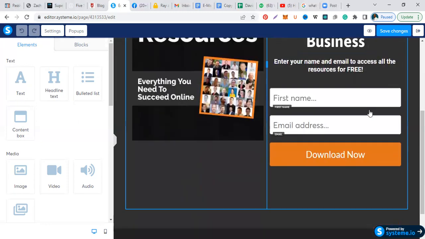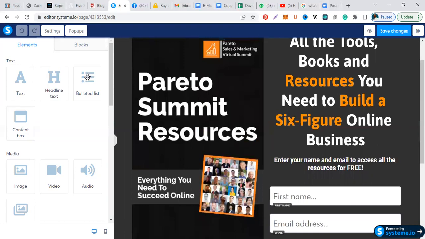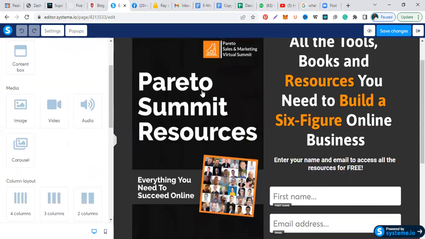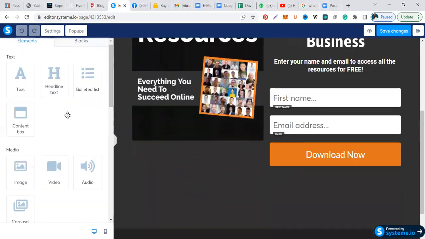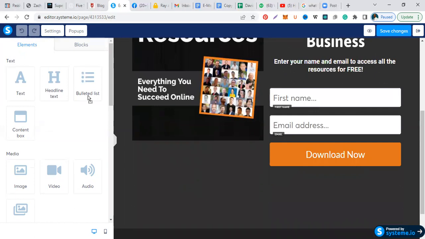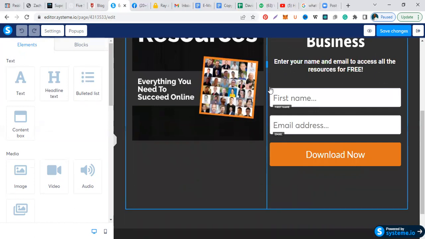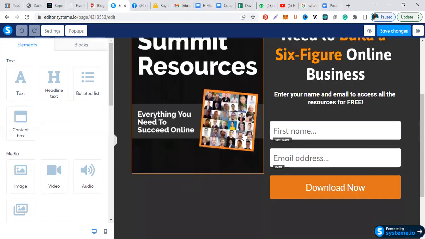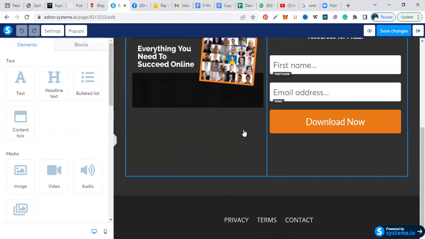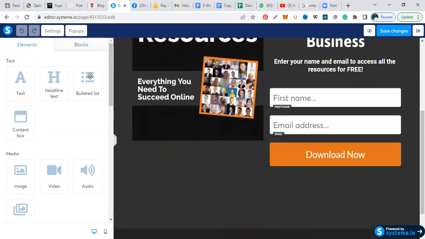There are no bulleted lists here, but if you want to see what a bulleted list looks like, I will just pull it down so you can see. And this is drag and drop. So in other words, if you want to put something onto your funnel by way of design, you just hover the mouse over what you want, click the left button, and as you click the left button, you drag it